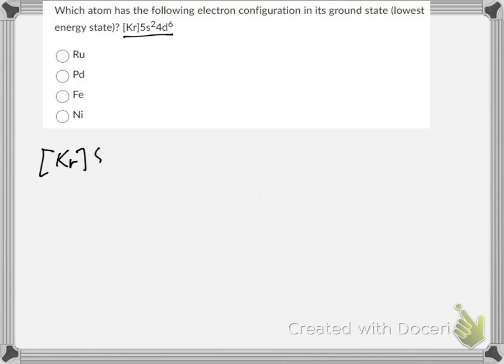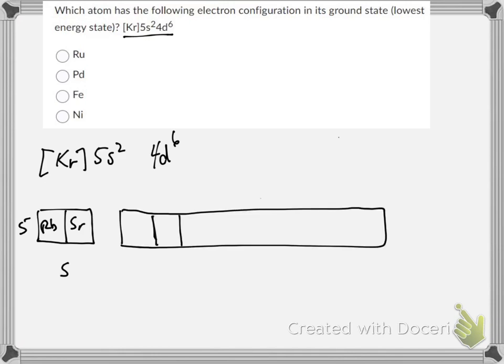Right, so when we look at that, how are we going to analyze that? Well, what we're going to do is go to the 5th row, and the first 2 electrons in 5s2 are rubidium and strontium. And then we go over to the Ds, there's a total of 10 there. And we look at yttrium, we'll have 1,